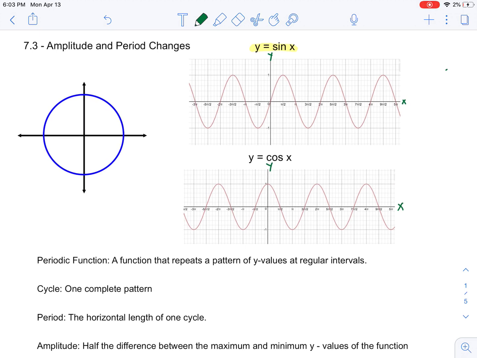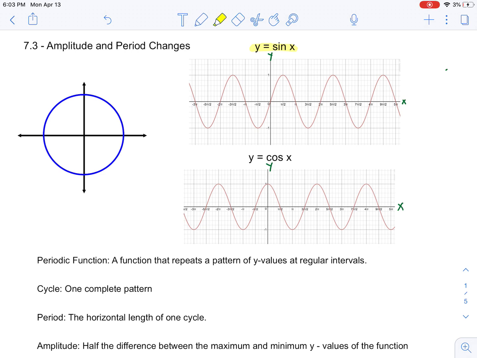What we also want to look at is the vocabulary we use to talk about these graphs. These are periodic functions. That is a function that repeats a pattern of y values at regular intervals. So that means this function will keep repeating itself, as you can see from the sine and cosine graphs. They continue on in both directions, with a repeating pattern. And one cycle of that complete pattern